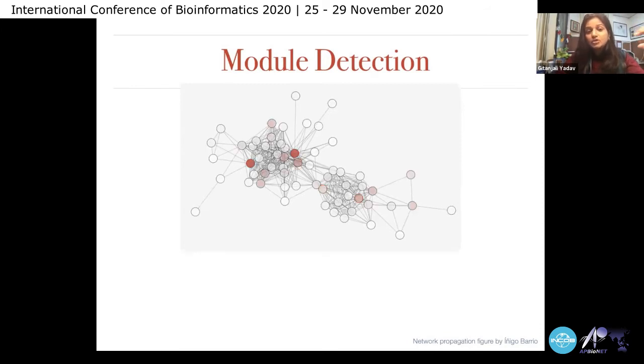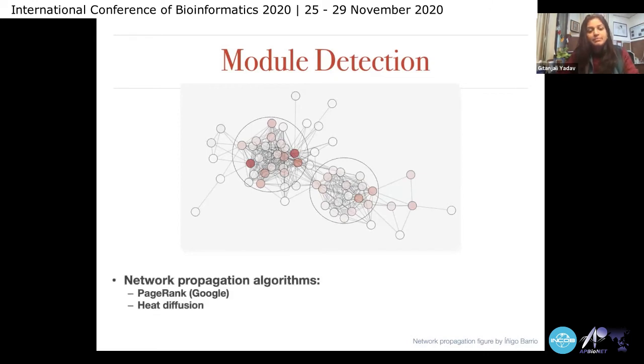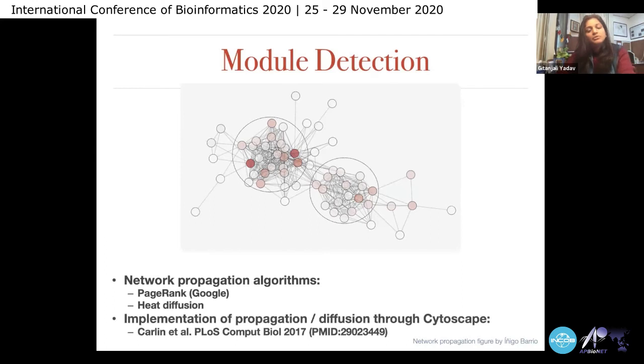And so then you give scores to these sets of nodes which are more connected, and those which are less connected get out towards the peripheral areas. And then these cliques or associations are called modules, and each one of them is detected individually or separately by the program. This is done by network propagation algorithms, which help you get